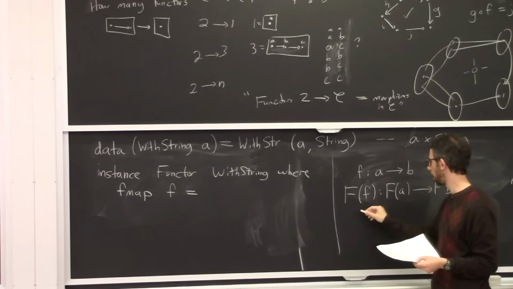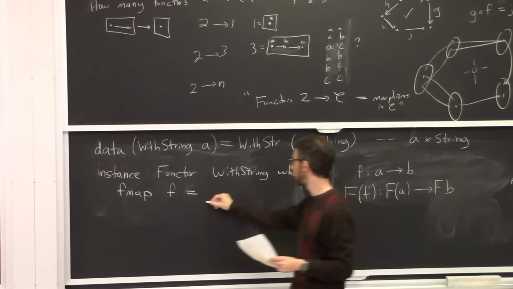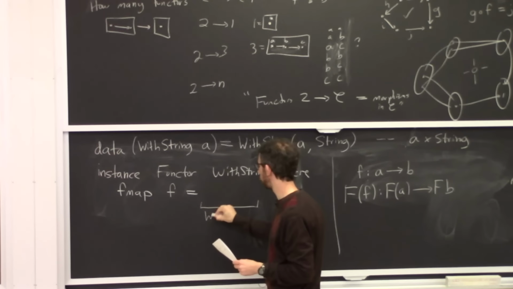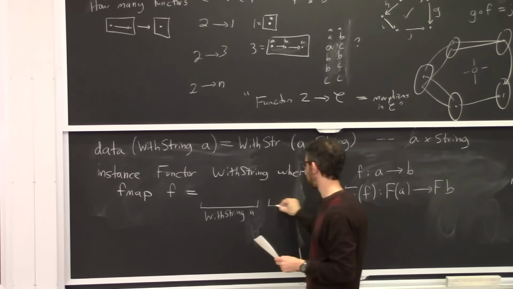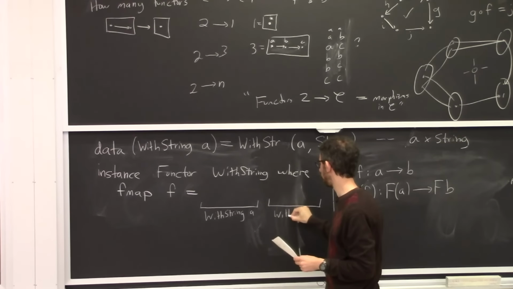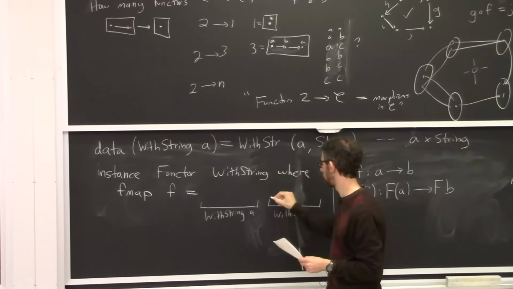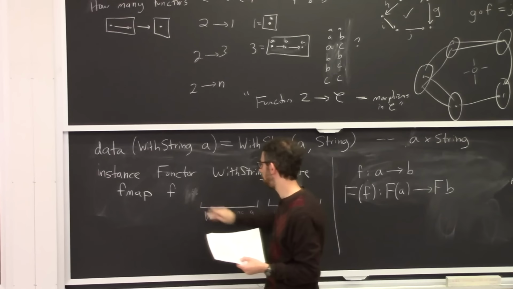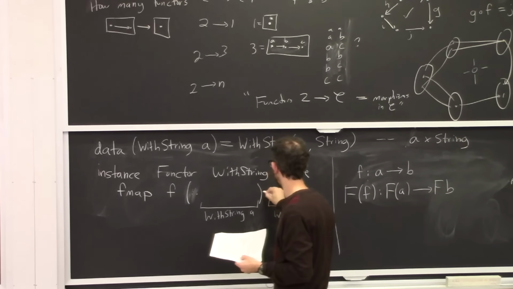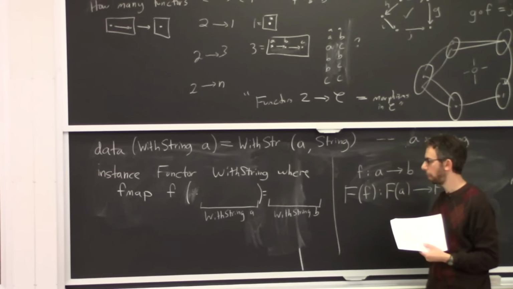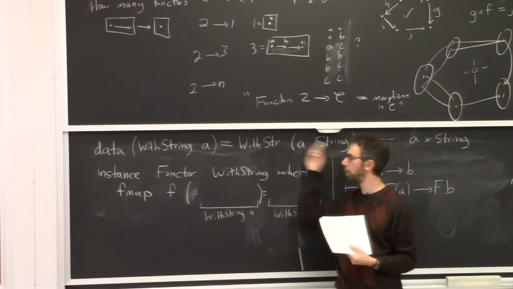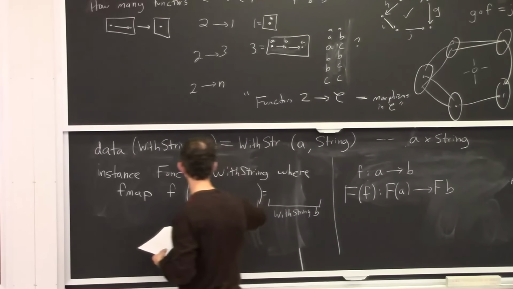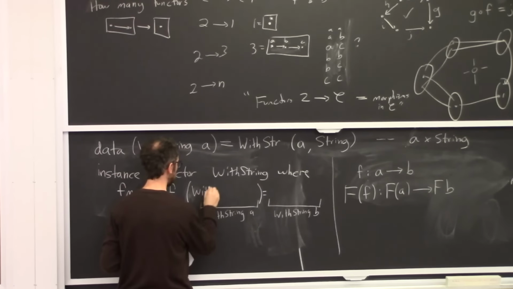So we're supposed to write, so this thing is waiting here for WithString a, and this is waiting for WithString b. fmap f of WithString a equals that. Okay, so this is asking, if someone gives me f from A to B, what am I supposed to do on my WithString thing? And so what we answer is fmap of, if someone invokes